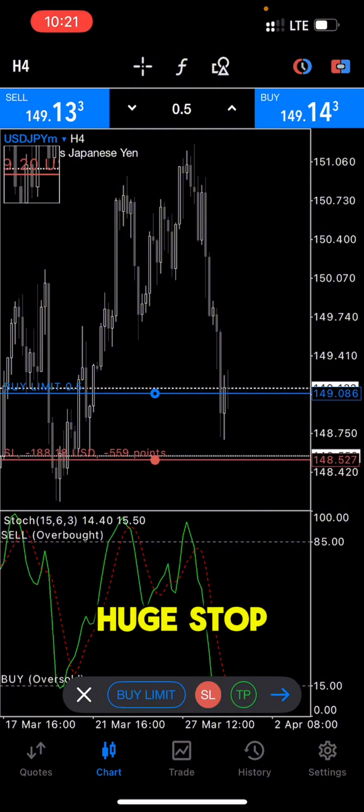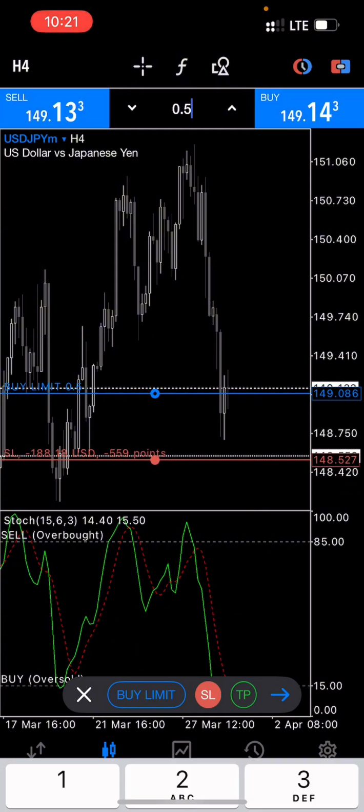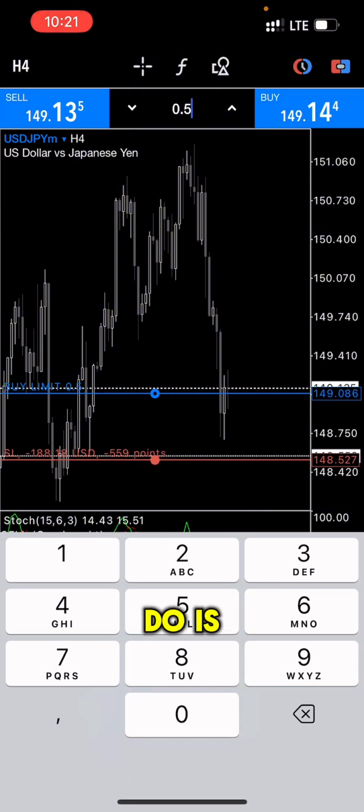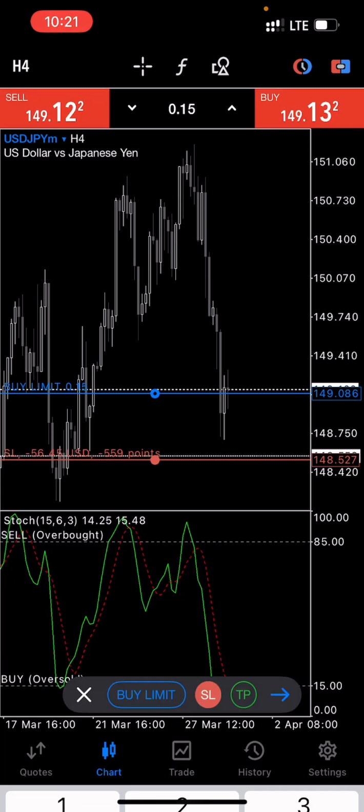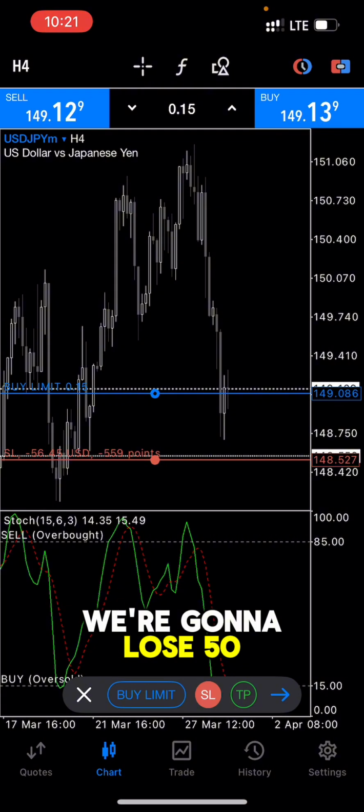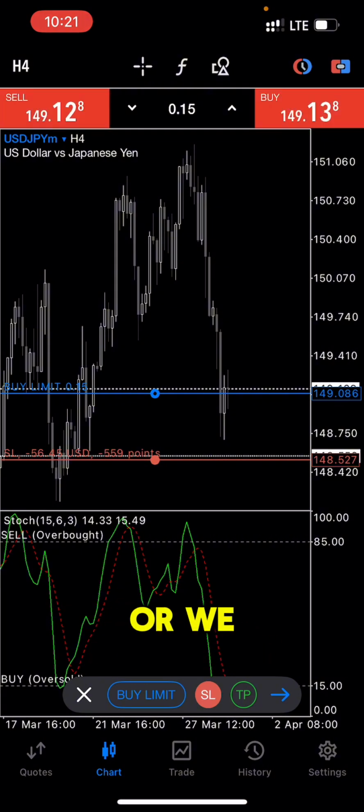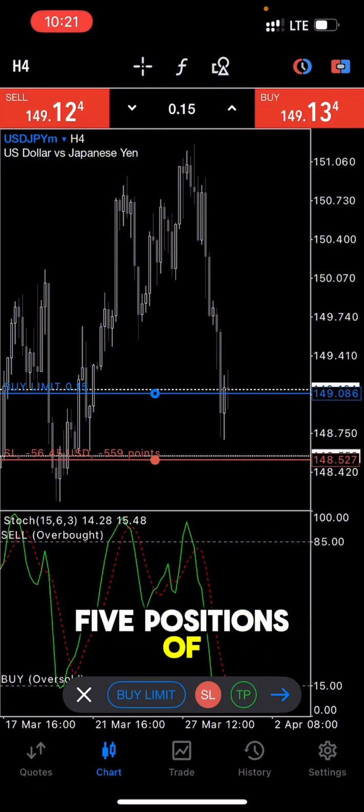So that's a very huge stop loss. So what we can do is we need to reduce the lot size. So I can say 15, we're going to lose 50. We can enter 5 positions, or we can use 5 positions of